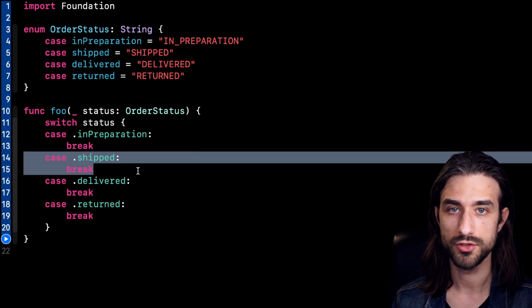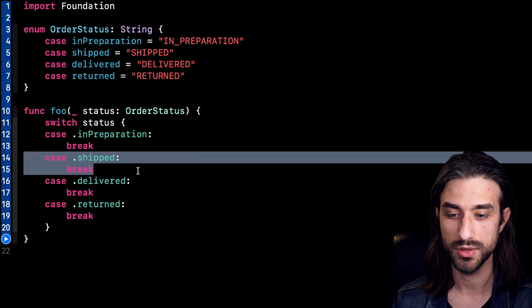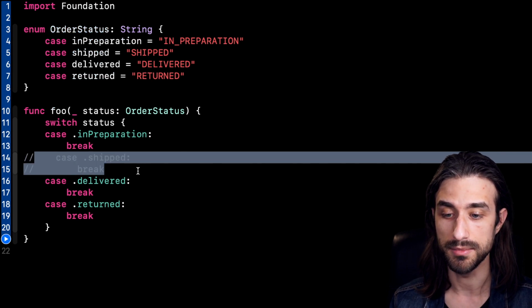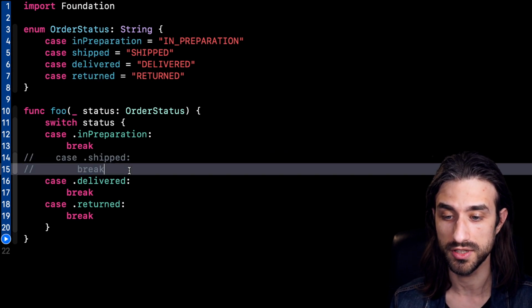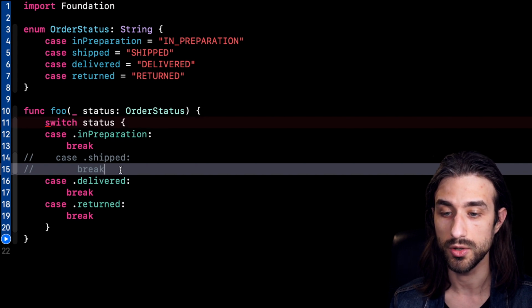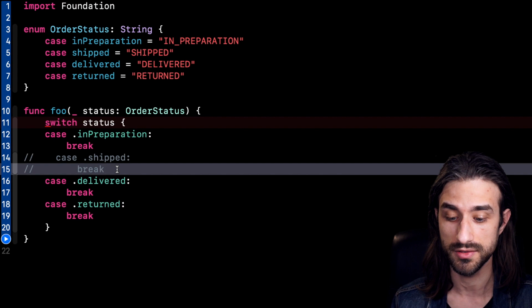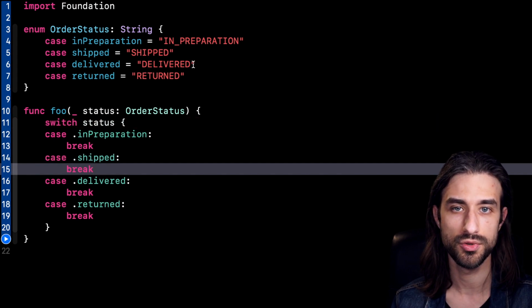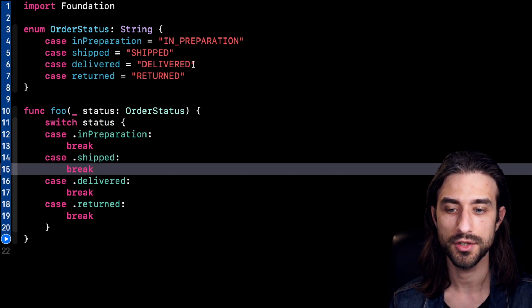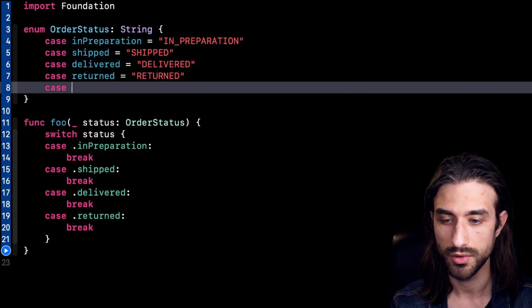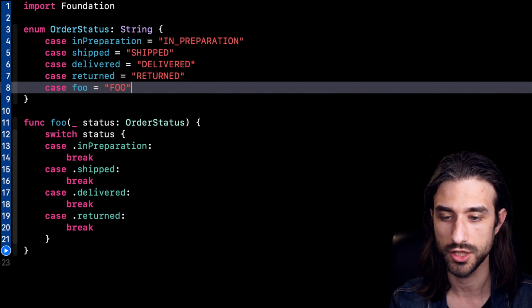And the nice thing with this switch statement is that the compiler is actually checking for exhaustivity, meaning that if by mistake I am not handling one of the possible cases, we are going to see a compiler error telling me that the switch must be exhaustive. Of course, this feature is already useful when I write the switch statement, but the real added value is that, let's say I introduce a new case. I'm just going to call it foo because I have no inspiration on the spot.